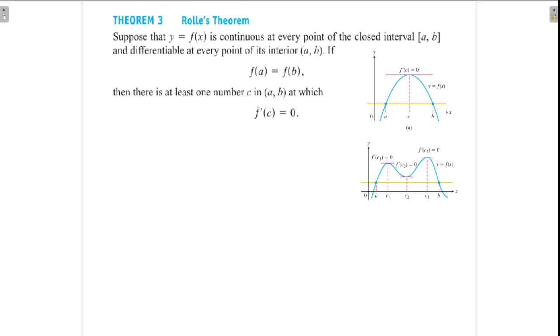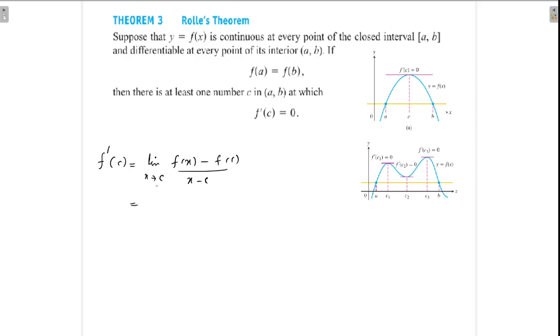Okay, what is the geometrical interpretation of this theorem? First, in order to understand the geometric relevance of this Rolle's theorem, we will start with f dash c. What is the geometrical meaning of f dash c? Algebraically we write limit x tends to c of f of x minus f of c divided by x minus c. Okay, what does this quantity stand for?